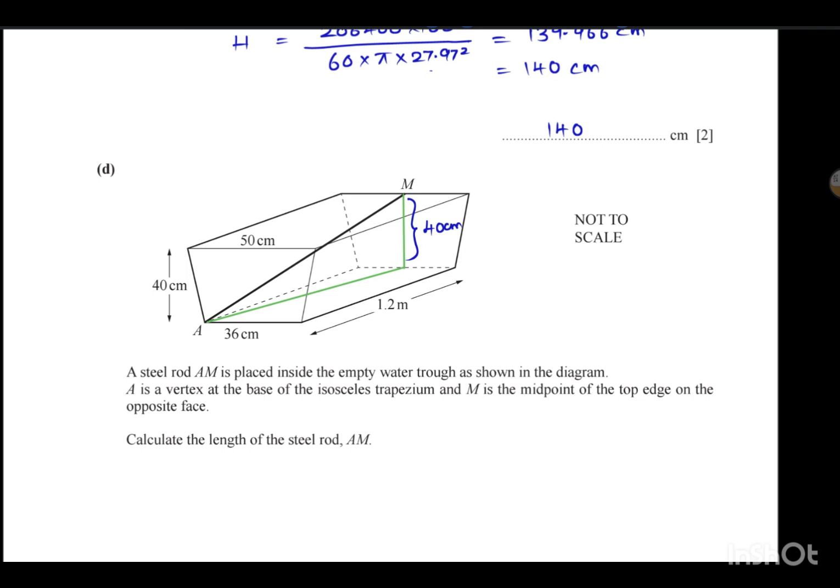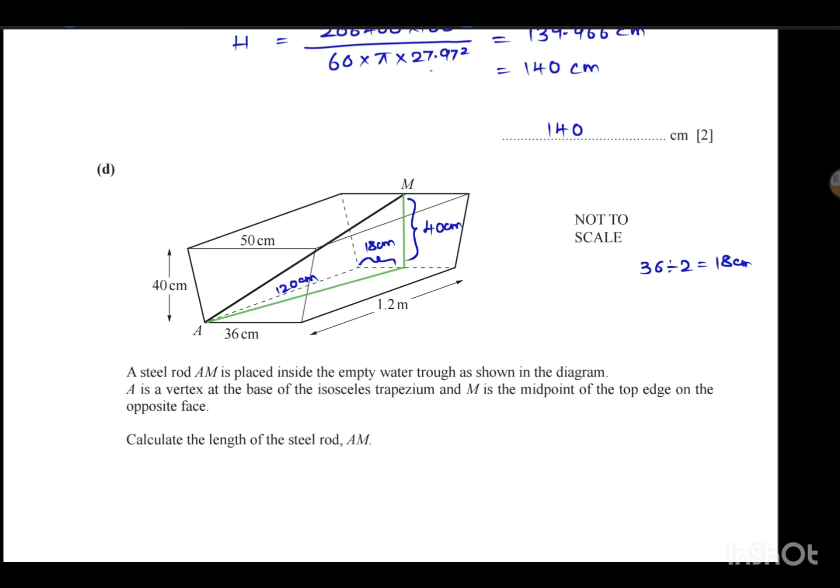Now this length is 120 centimeters, and this length will be the midpoint of the bottom line, which is 36 divided by 2, so this is 18. Using Pythagoras theorem, this line from the bottom edge midpoint to A will be